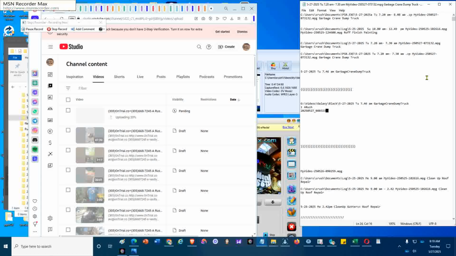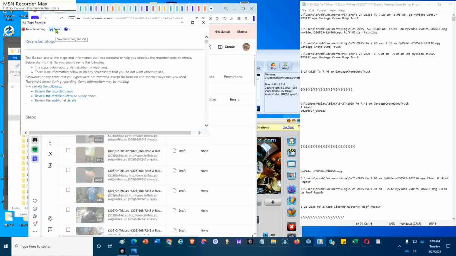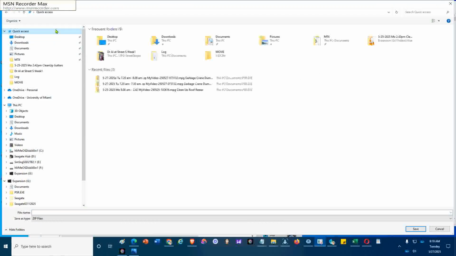And now I'm ready to save it also on my PSAR, problem step recorder, in case there are problems in the file, like viruses and who knows what are the problems. I capture it, and then I stop recording the PSAR. I save the PSAR,